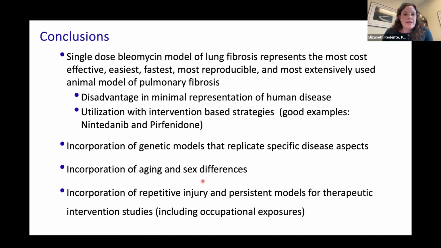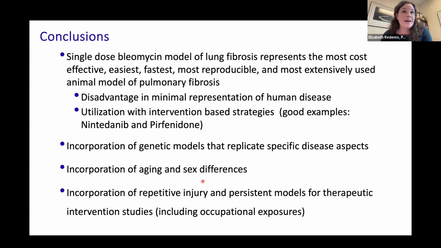So in conclusion, the single-dose bleomycin model of lung fibrosis really does represent the most cost-effective, easiest, fastest, most reproducible, and most extensively studied animal model of fibrosis. So it absolutely has its place. But there are disadvantages in its minimal representation of human disease, namely the histopathology and its ability to resolve on